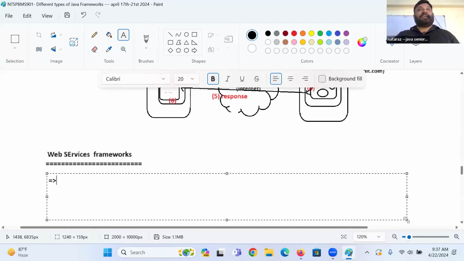Okay, this PhonePe is linked with the bank application now. So PhonePe to bank application interaction is distributed application. So bank application is one distributed application. PhonePe is one distributed application. Observe distributed application. It is not browser to software application communication. It is application to application communication. If you observe very thoroughly, it is business to business interaction.